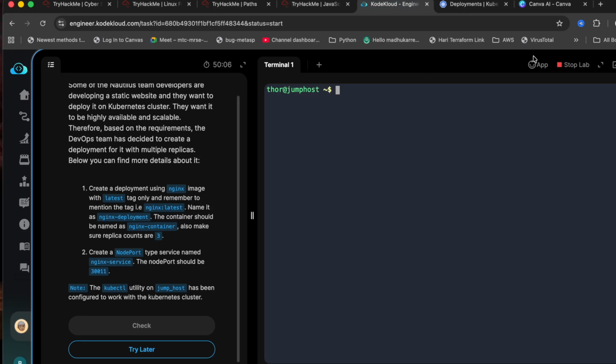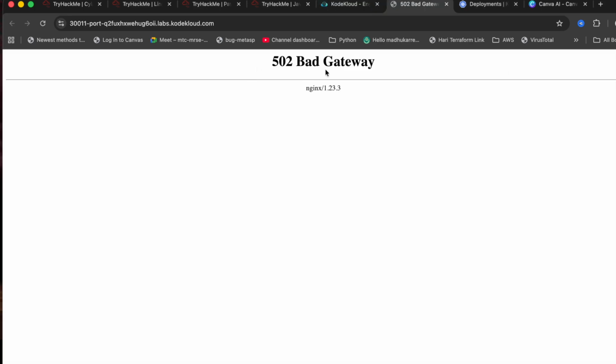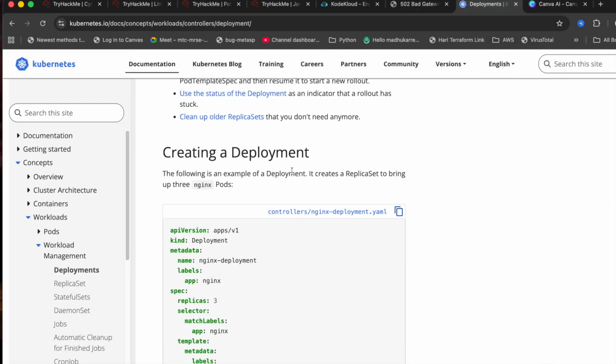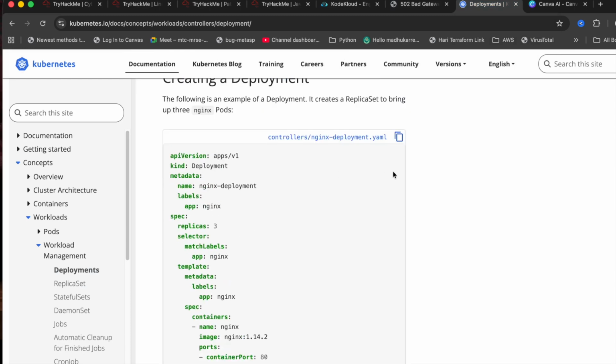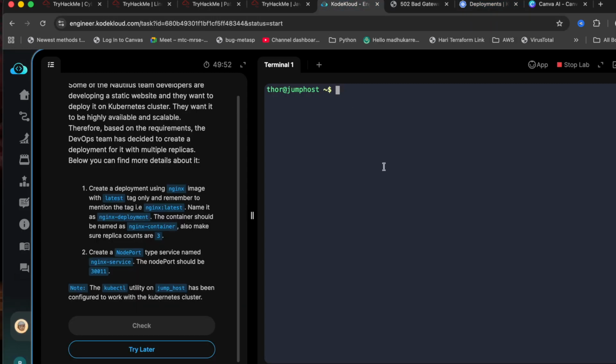Before that, if you click on this app, it shows 502 Bad Gateway, so it's not able to reach the backend pods. If you scroll down, you can get a deployment sample, get this, you can use it here, or you can run the command